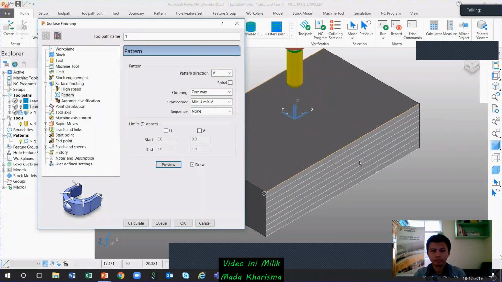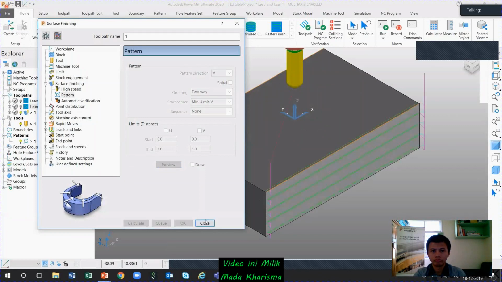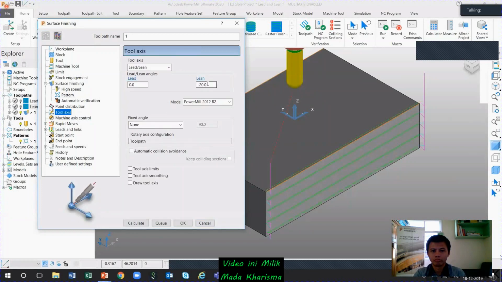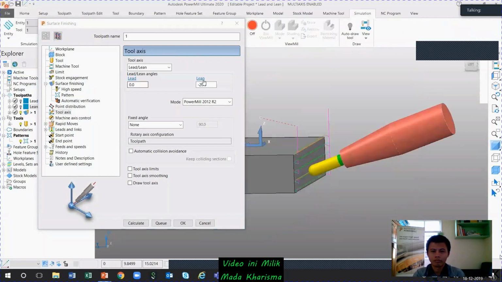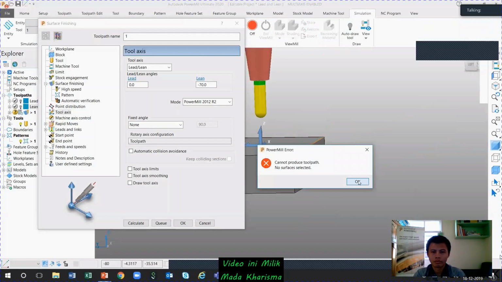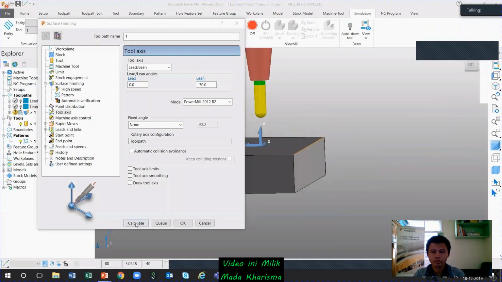Okay. Now, if you see this, by selecting the simple surface finishing strategy, you can create it. But if you look at the lead angle here, my lead angle is minus 20. So if you just select any of the tool segment and go to your tool path and simulate from start, if you are satisfied with this angle, you can go ahead, or you can change to maybe minus 70. You don't need to tilt this much. You can calculate again. Sorry, you can select the surface, and if you calculate it, you can see this tool tilt angle here.